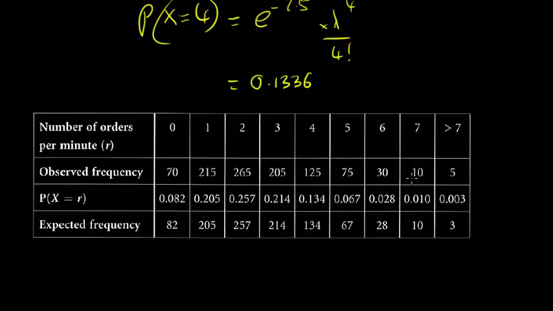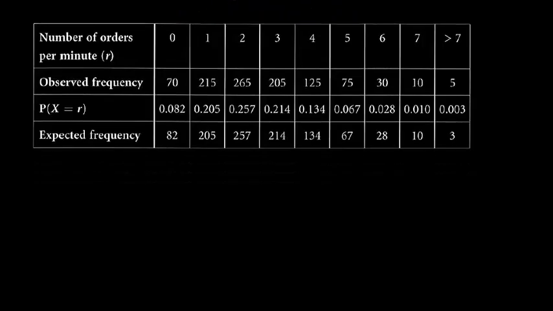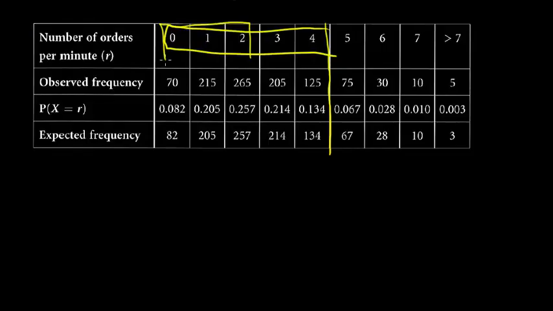Now, this helps us immensely, because then I could say, well, in theory, if I wanted to work out not in the month we've just observed, but in the next month, the month after, what's the probability of getting 4 or less orders a minute? So that's 4 down to 0. What's the probability of getting 2 or less, much like we did in the binomial? And to do that, what I'm going to need to use is my formula book.